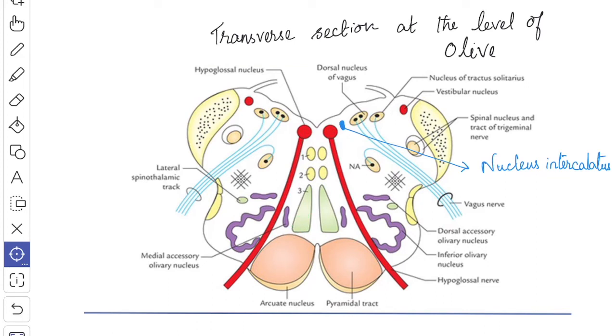the corticospinal tract. Then you have the arcuate nucleus. So this is thought to be inferiorly displaced pontine nuclei and they are situated on the anteromedial aspect of the pyramid, and they receive the fibers from the cerebral cortex and send efferent fibers to the cerebellum of the opposite side through the anterior external arcuate fibers.